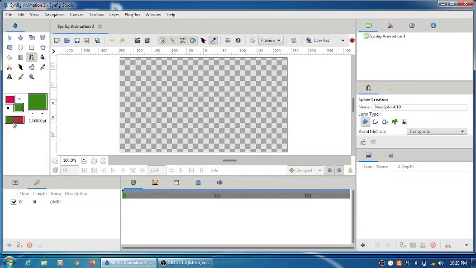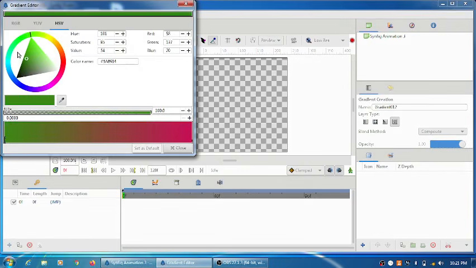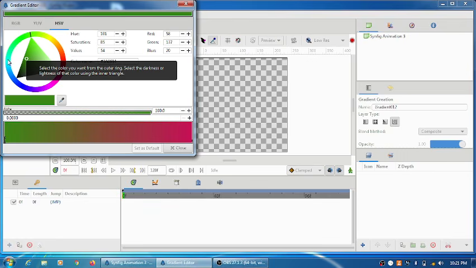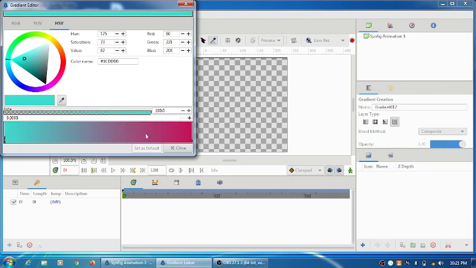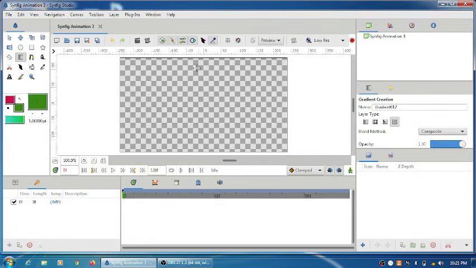And before creating the stem, let's create the gradient, and I'll just make changes with the gradient shapes. So this is okay.